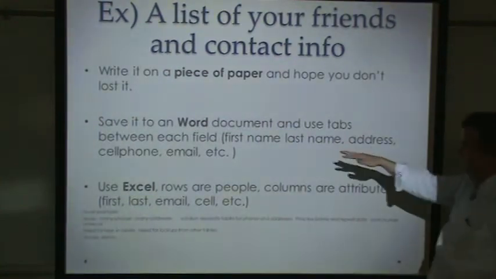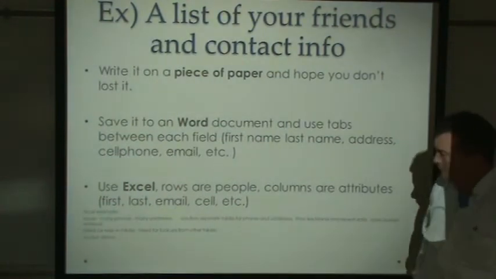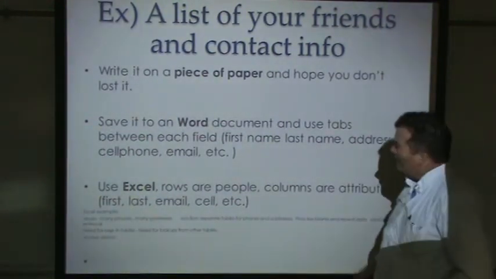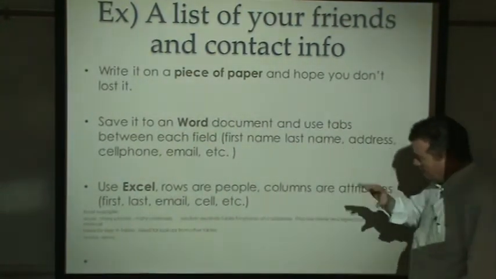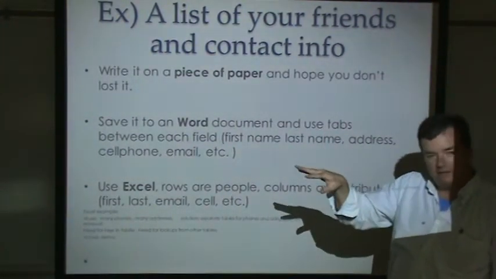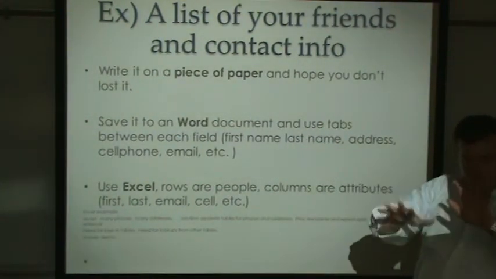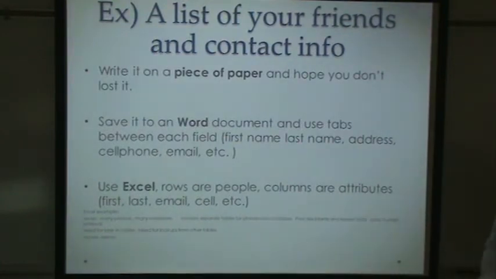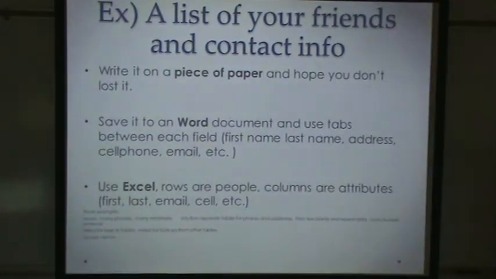You might use a Word document, so that way it'll look a little more organized, and then you can reprint it if you ever needed to, or if you lost it, you can go print another copy. And then on the Word document, you might say first name tab, last name tab, email address tab, so that the email addresses all line up and the names all line up, so it looks kind of readable. But then that makes you start thinking, maybe I should use Excel, because Excel is already organized in columns, right? So we could use Excel and then say the rows are the people,